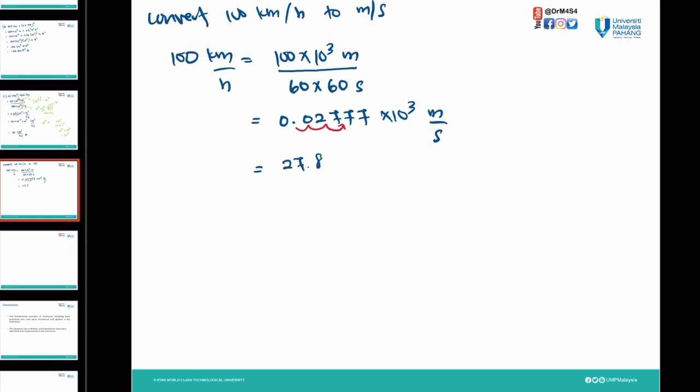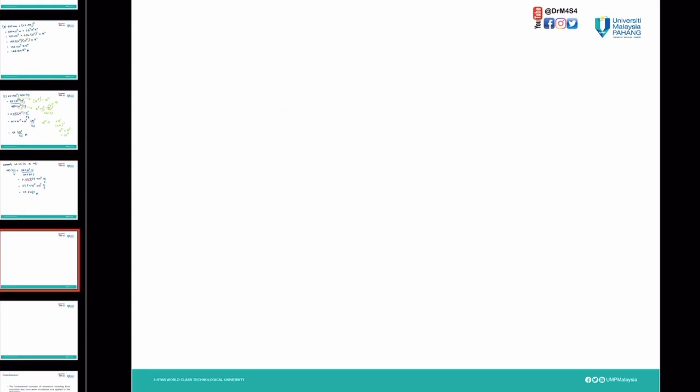27.8 to 1 decimal place times 10 to the power of negative 3 times 10 to the power of 3 meter per second. Here we can cancel out this negative 3 plus 3, 0. We're going to have 27.8 meter per second. So from that value we convert into meter per second. Let's try the last example. Convert